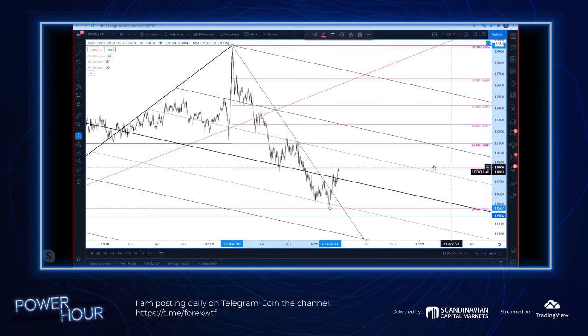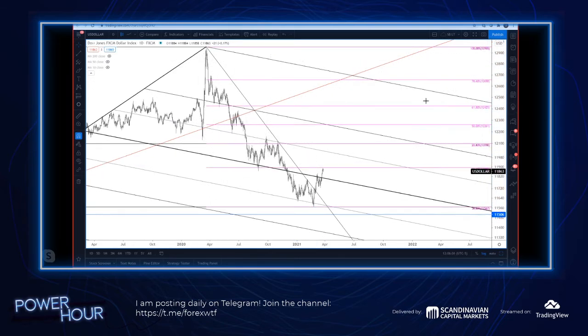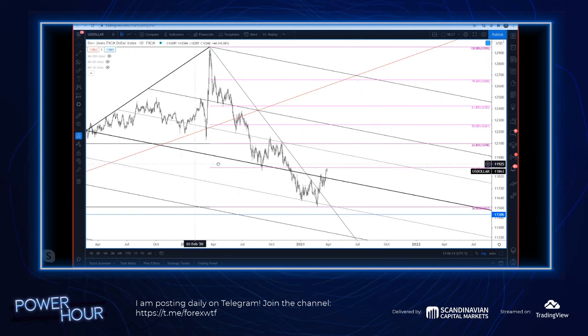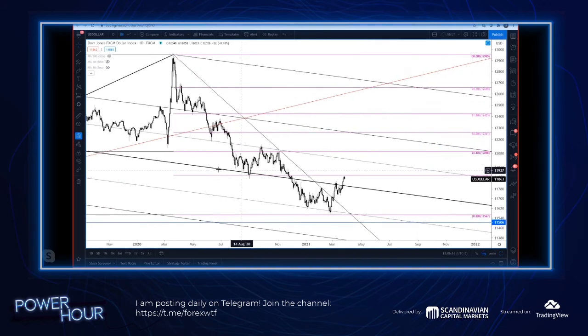We have a retrace here from the entire rally from March 2020 to February 2021. You see this low here, September 1st. We've reached that. In my updates, I've talked about how that level is probably what I call a decision point,